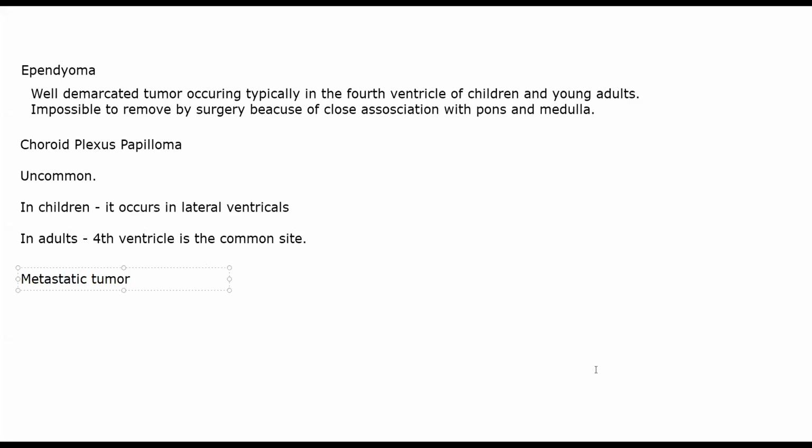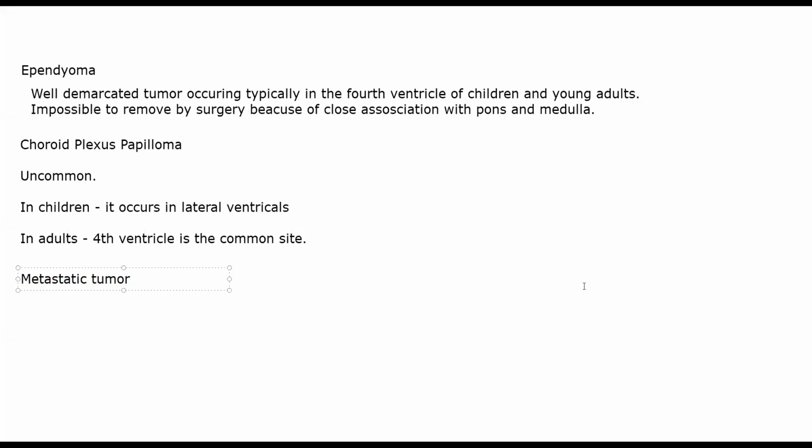Now, till this point, all the tumors that we have discussed, gliomas, meningiomas, different types of gliomas, all of those are primary CNS tumors or primary brain tumors, in the sense that the point of their origin is in the cranium. ठीक है? When we talk about metastatic tumor, it means that it is metastasizing from somewhere else and coming to the brain. All right.